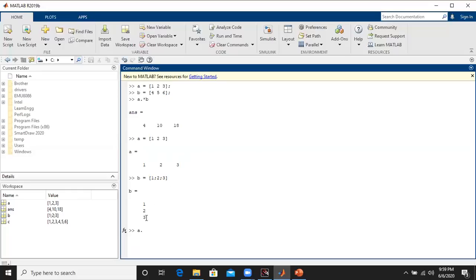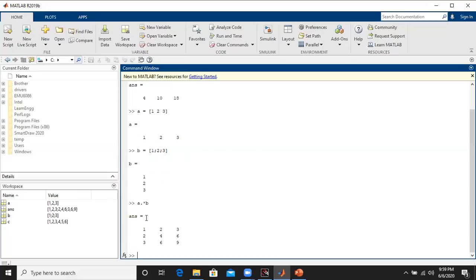When we try to multiply these vectors, their dimensions must match. If their dimensions do not match, then we cannot apply these types of operations on the vectors. So this is all about the types of operations that can be carried out on vectors, whether row vector or column vector. Hope you understand the concepts of how to do the various operations on vectors in MATLAB.